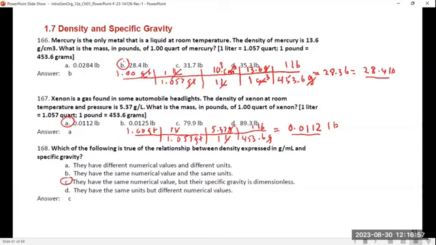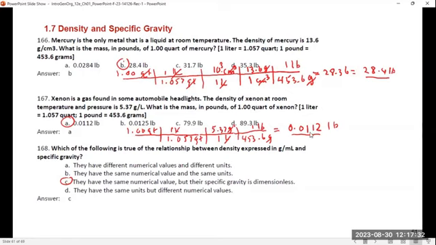The second problem, problem number 167, is also the same. Xenon is a gas found in automobile headlights. They are asking the same question for 1 quart of xenon. How many pounds? Just like the mercury question, you start with 1 quart, go through the same thing, and you get 0.0112